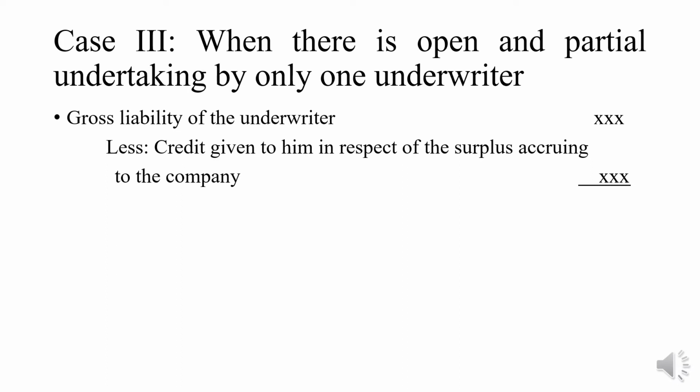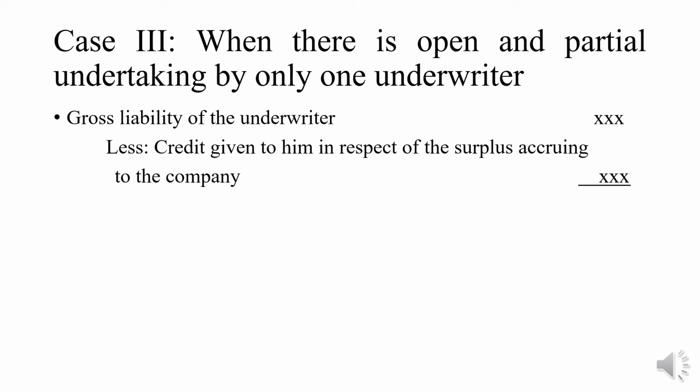See how we get it. For example, in this case 20,000 is to be underwritten by the company, because 80,000 shares are being underwritten by the underwriter, and the remaining 20,000 is to be underwritten by the company itself. And then you get the unmarked applications. These are the applications which don't carry any seal of the underwriter, so they are called unmarked applications. These unmarked applications are supposed to be credited to the company.